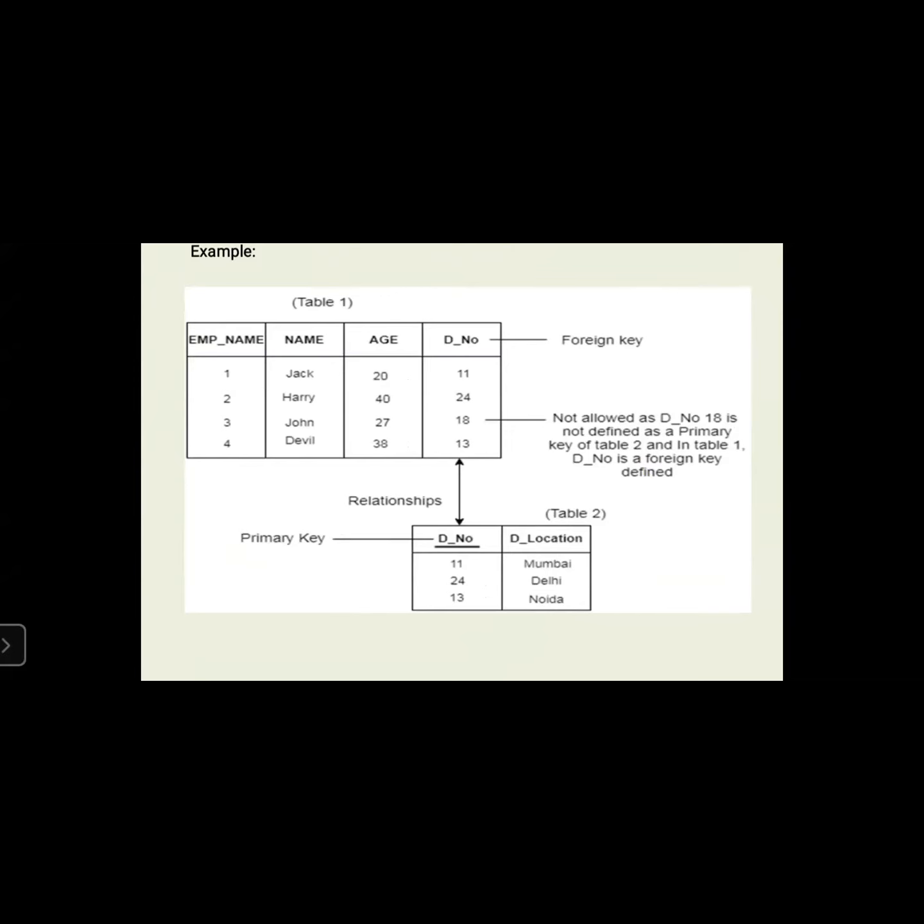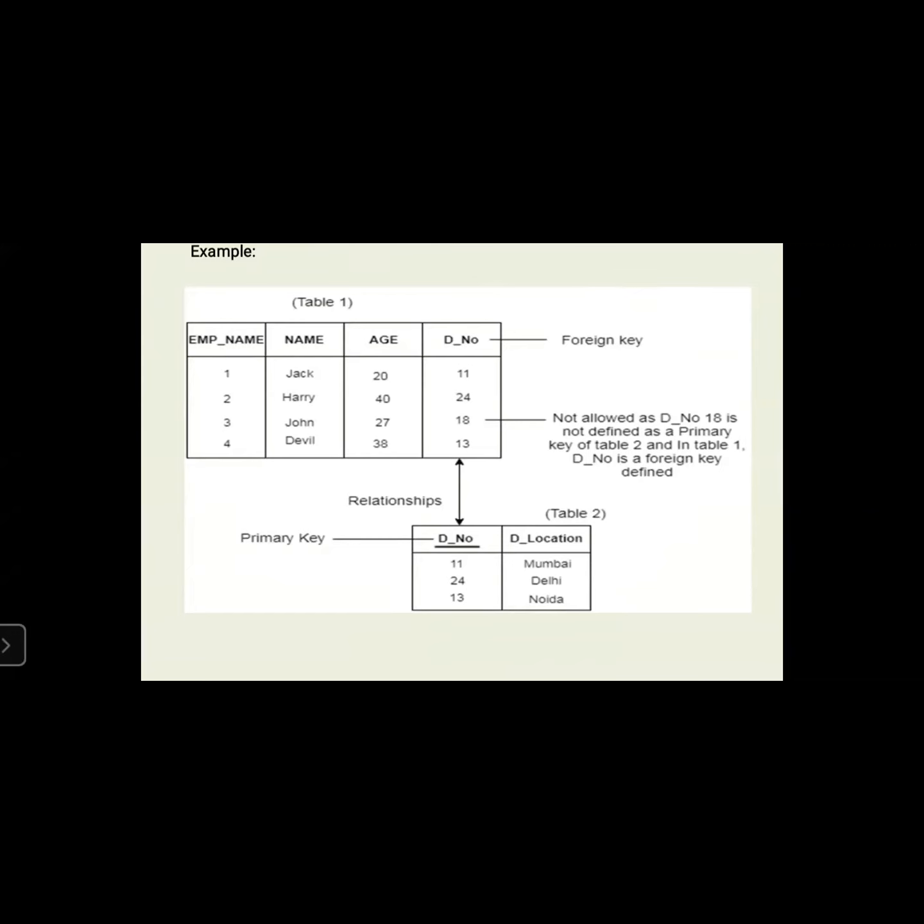In this example, if you observe, the D number and D location form one table, and EMP name, age, D number form another table. So we consider them table 1 and table 2. Here the primary table is table 2. How can we say it is the primary table?